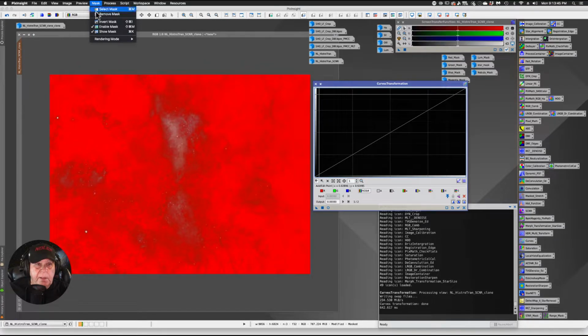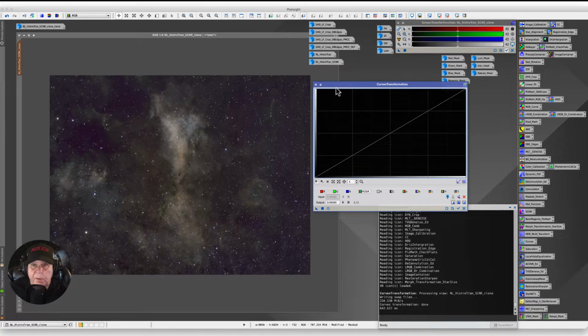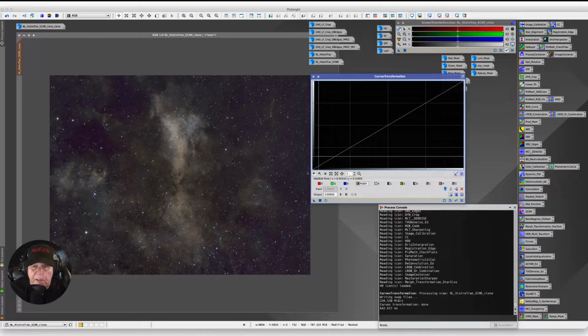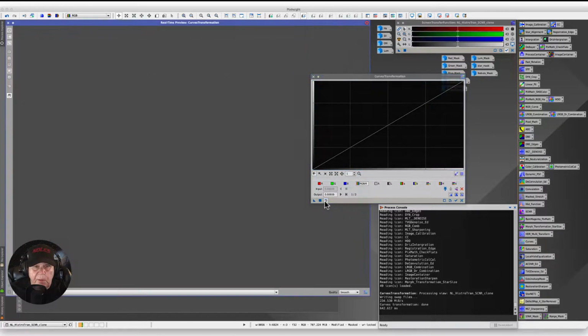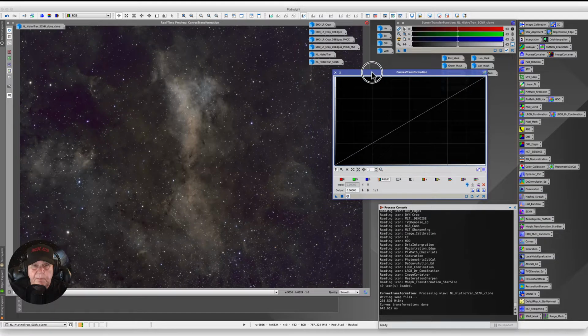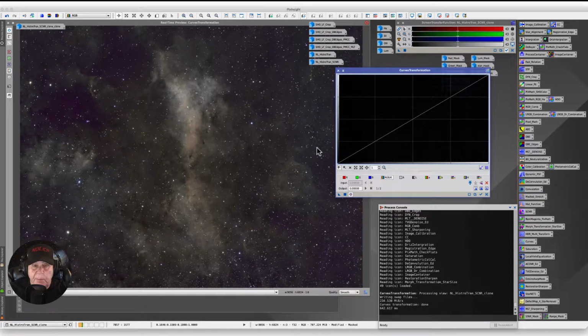But we do not need to see this mask, so we're going to hide it. It's there, it's just not giving us that red overlay look. We'll apply another real-time preview,